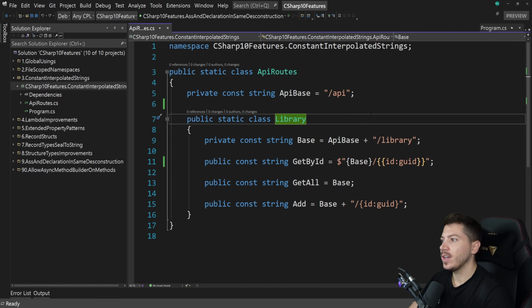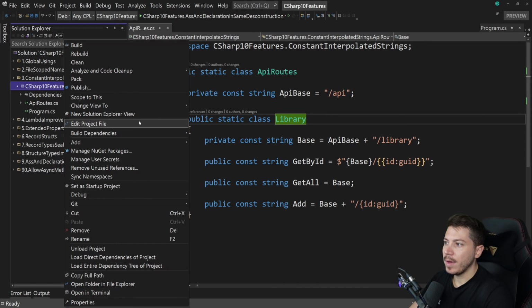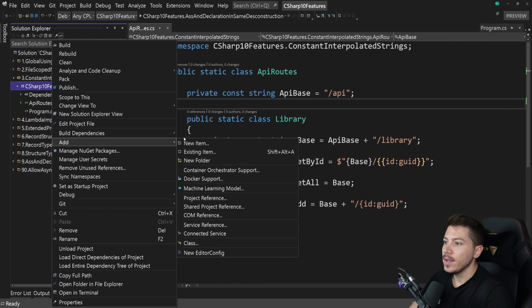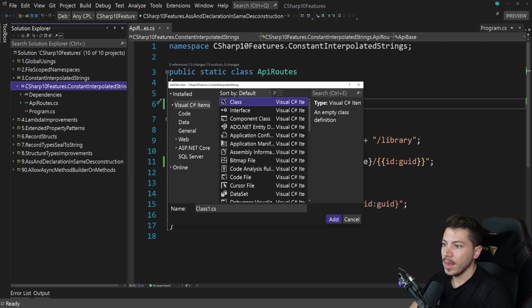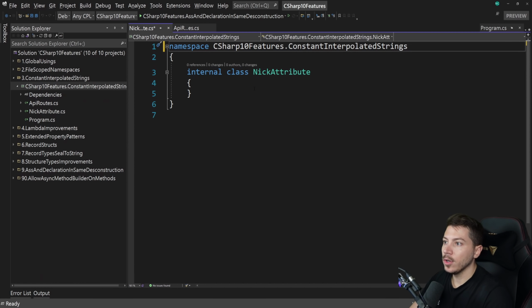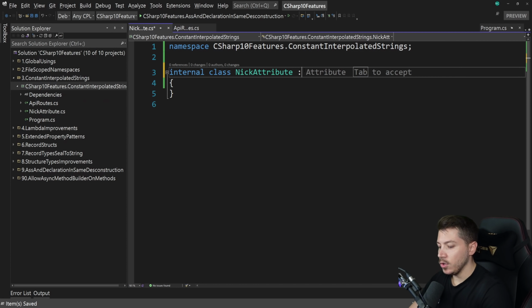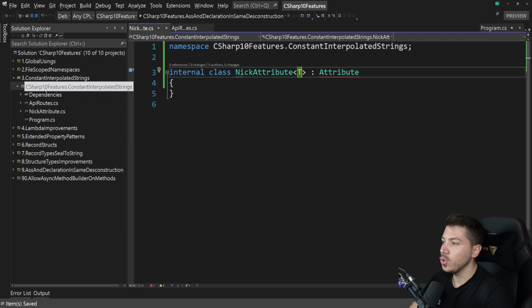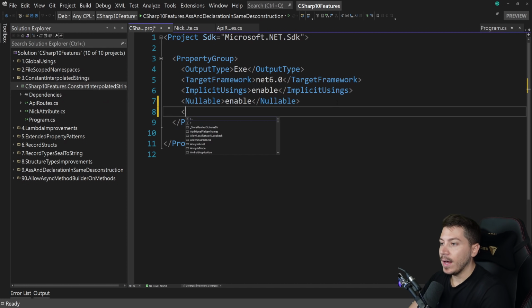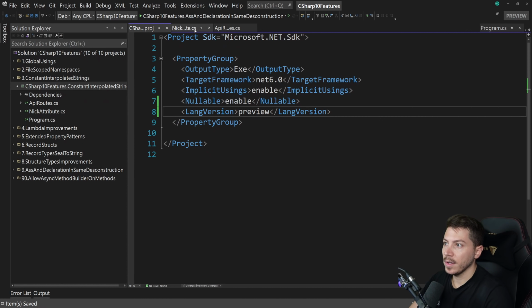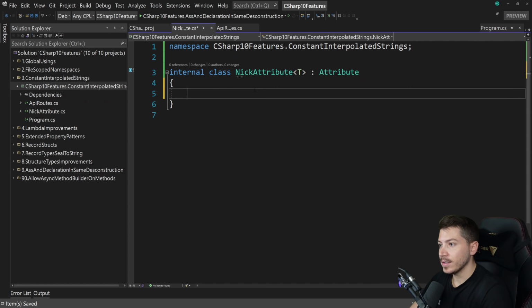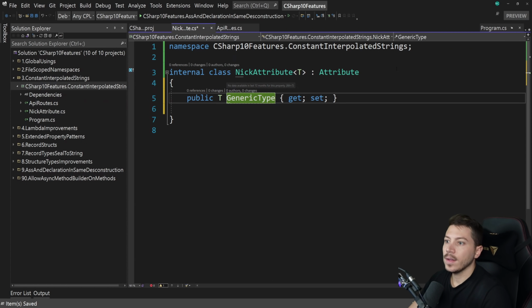And since I did mention attributes and I don't have it anywhere else, I might as well mention that, as this is every feature in C#, you can now have an attribute that has, let me show you, a generic attribute. Now you can have attributes that have generics in them. However, for that to work, you have to go and enable preview. So I think this is LangVersion preview. So if I go back, this should now be acceptable code. Yes, it is. So if you wanted to have a type that is using that generic, then you can.